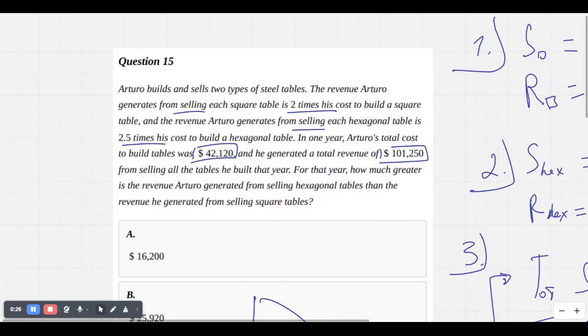$42,120, and he generated total revenue of $101,250 from selling all the tables he built that year. From that year, how much greater is the revenue Arturo generated from selling hexagonal tables than the revenue he generated from selling square tables? First of all, it appeared in May's exam, and honestly, it might look very, very intimidating,